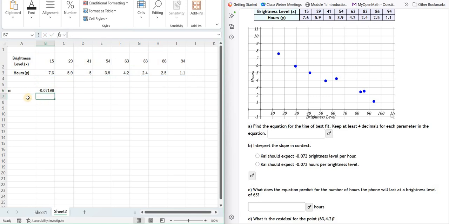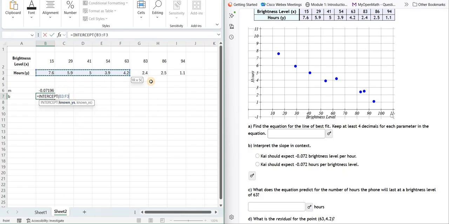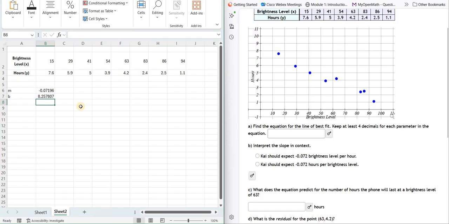So that is basically the slope, and then we need to find the intercept. So INTERCEPT, and same, we're going to select the y values first, and then comma, the x values next. So the equation is going to look like this. It's going to be